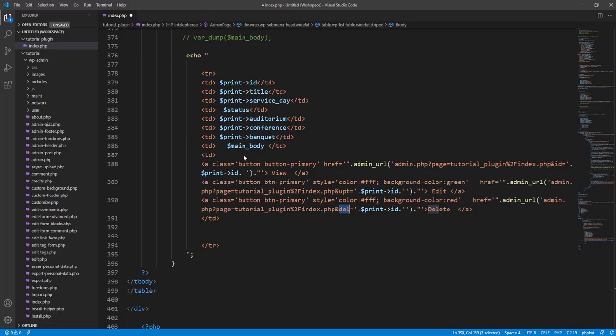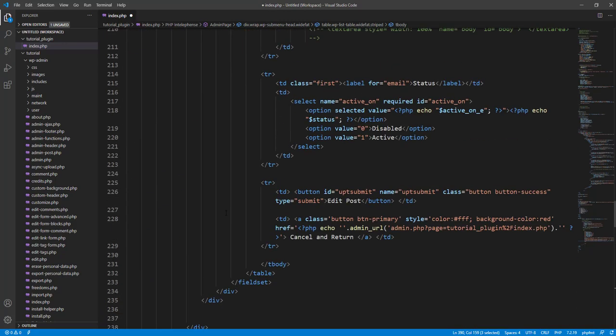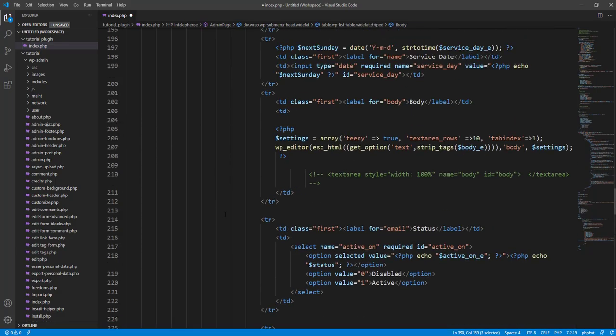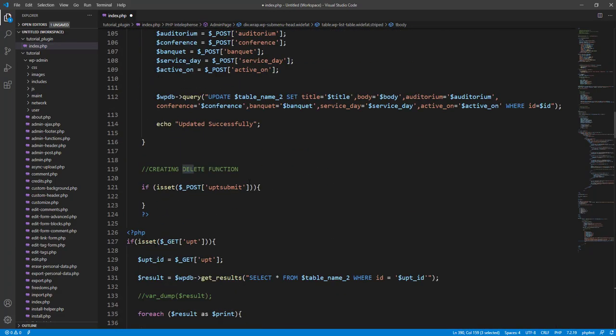So for us to initiate delete, all we have to do now is go straight back to that position, and we just create. When it is a get, that's when we're initiating this. So if we have this delete set,